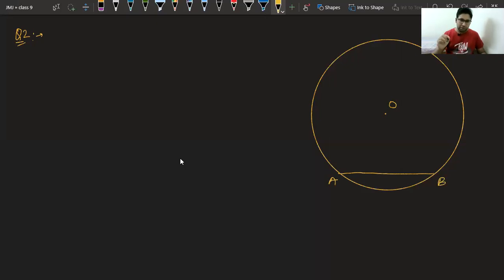So I have this chord, and what are the radii, class? Radii are OA and OB. Given to us is, if R is the radius, we can say this is R, and AB is also, class, if R units is the radius, what is the length of AB? AB is also R. Very good. So given to us is AB is equal to OA is equal to OB is equal to